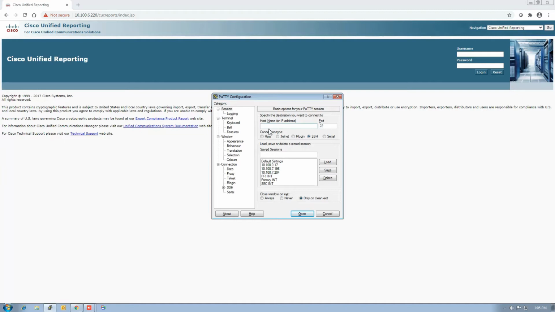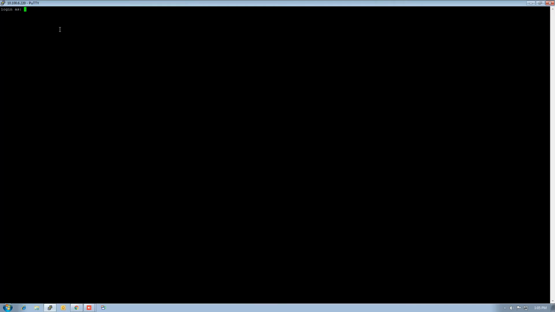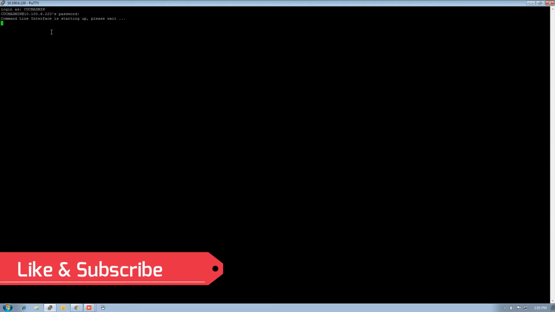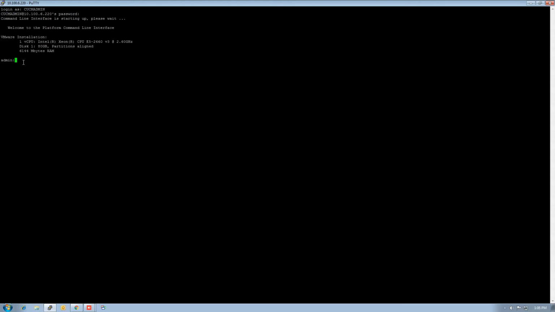If you want to check the DB replication status through CLI mode, you also can do that. To check with the CLI mode, login with your credentials of CUCM in CLI. I'm using Putty for that. So enter with your credentials. Once you logged in with your CUCM credentials in Putty, after that you need to run